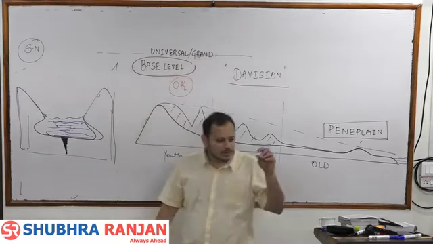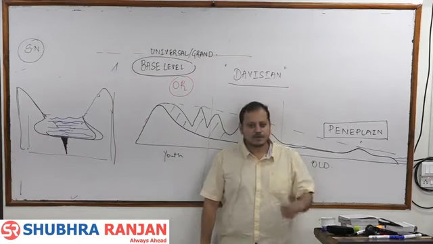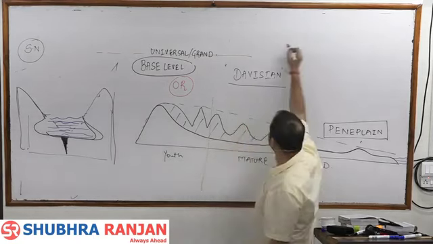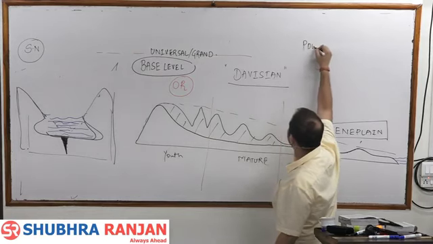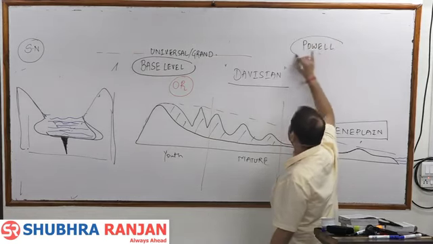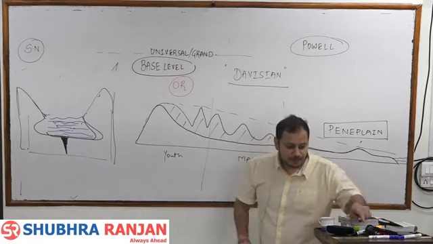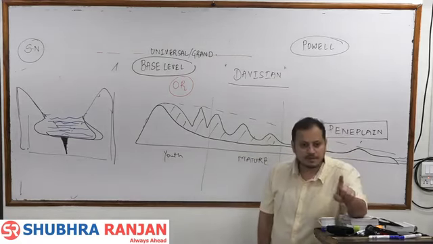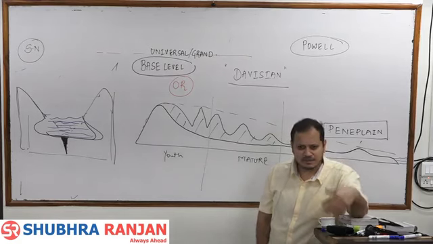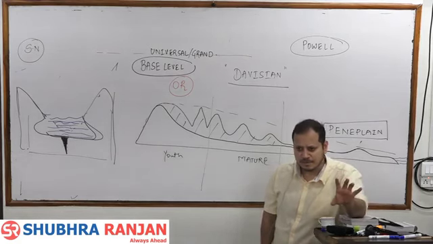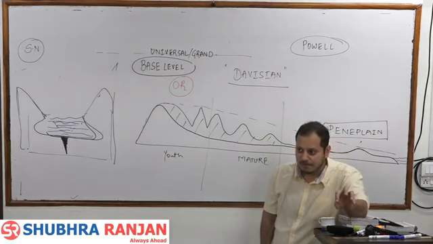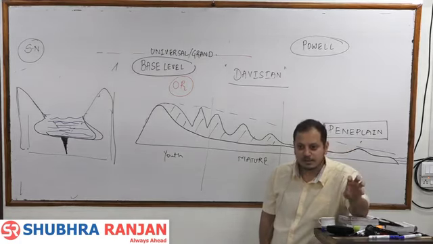And who talked about the base level? Davis, inspired by his lecturer, Powell. Now, understand, from 2012 geography had become tough till last year. This year geography was very easy, people scored high marks. Why so? Because students used to prepare Davis and Penk and UPSC had stopped asking Davis and Penk.